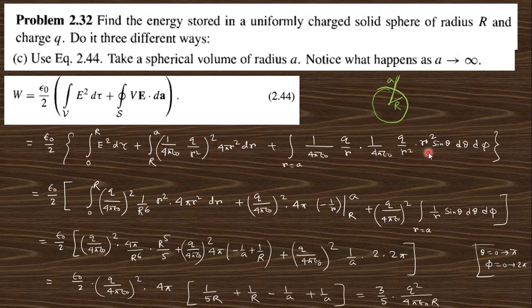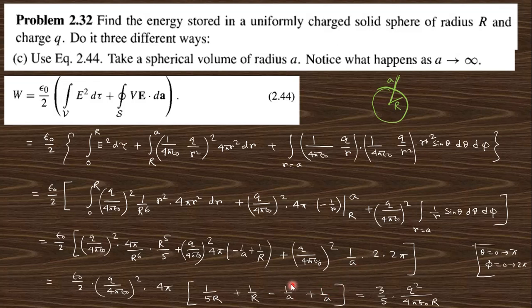And for the surface, you know the small surface element on the sphere is r square sin theta d theta d phi. This is the potential part, this is the electric field part, and this is the small area. Just calculating this, you will get the same answer. This is the volume part, and the third one is the surface part. So the first three are the volume part, and the fourth one is the surface.